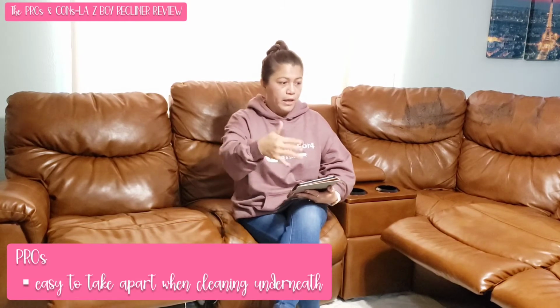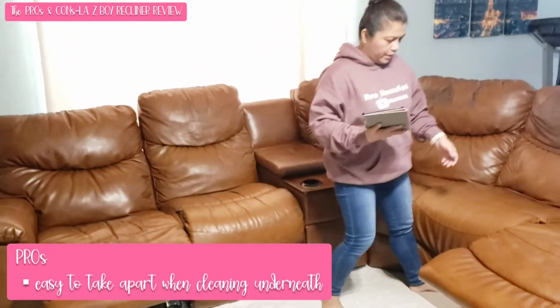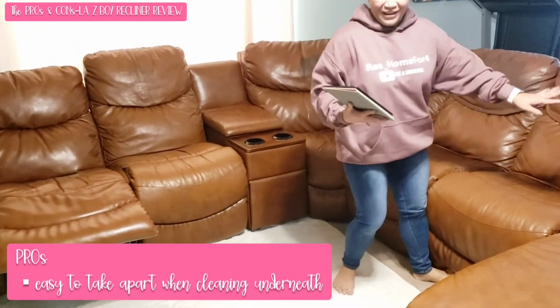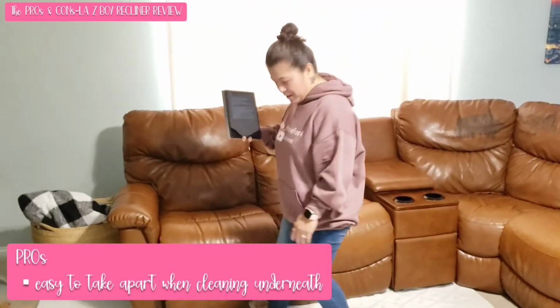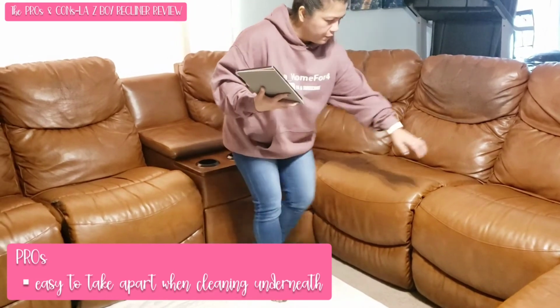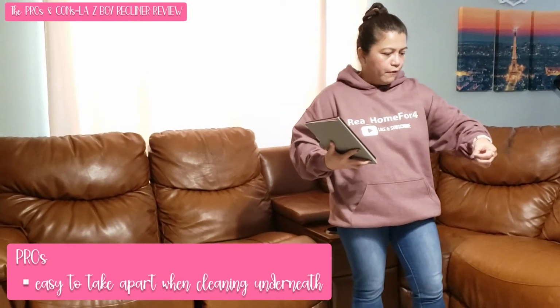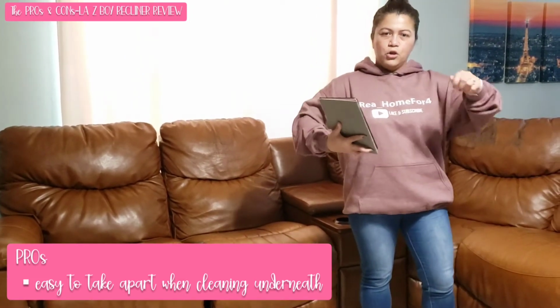So the next item on my pros list is that this Lazy Boy sectional recliner is easy to take apart. You have to move it so that you can vacuum underneath the sectional recliner. So there is something over here. I'll close the recliner. But in the middle of each piece, over here and over there, there is a latch that holds them together. And if you want to vacuum underneath it, you just have to unhook the latch and then move it